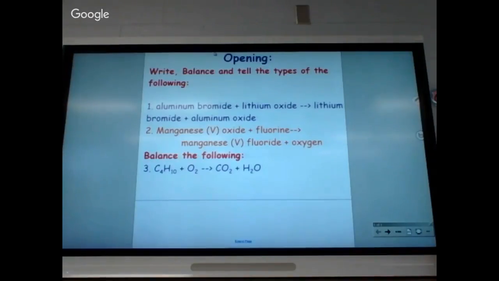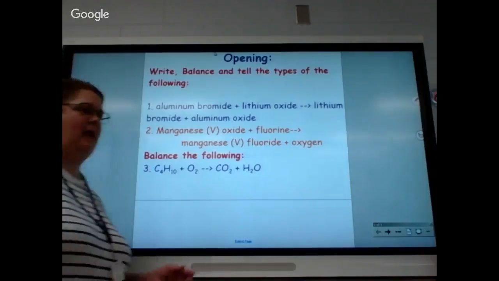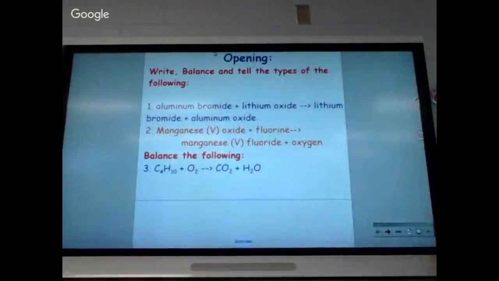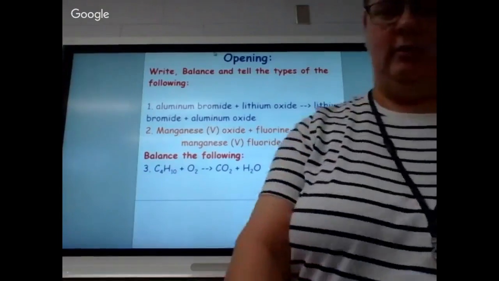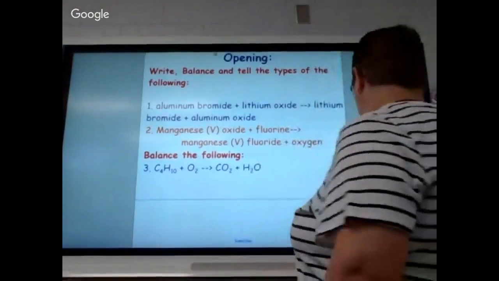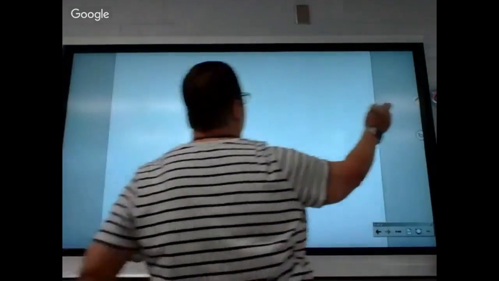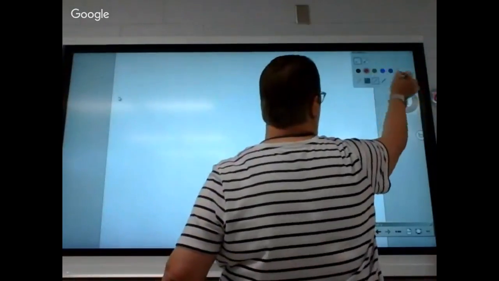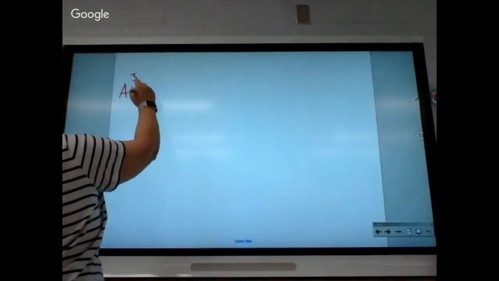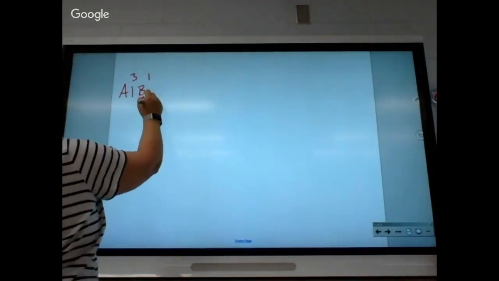So when we do the first, how do we write aluminum bromide? Is it a compound or is it an element? It's a compound, so we have to crisscross with the oxidation number. When we look at aluminum, what's its oxidation number? 3. And bromine is a 1. All right, so we have Al has a 3, Br has a 1, crisscross and bring our